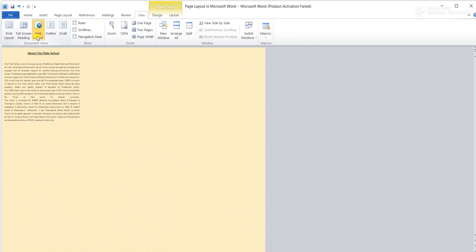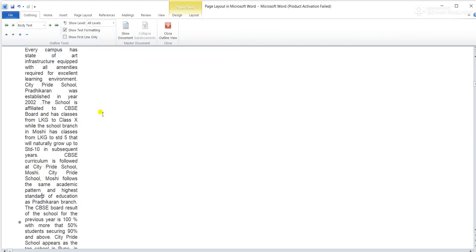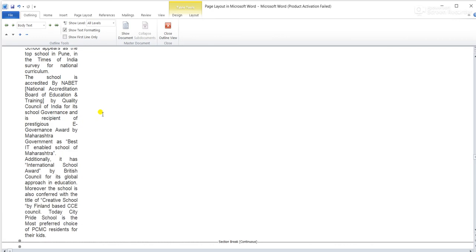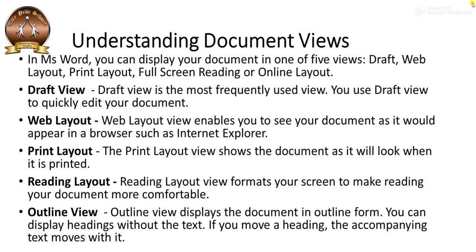The third one is web layout. If you click on web layout, this is the way your document will be visible on a web page. Outline view will just show you the headings or different sections. You can see how it is visible in different sections. So this is the way we can display it in the outline view.